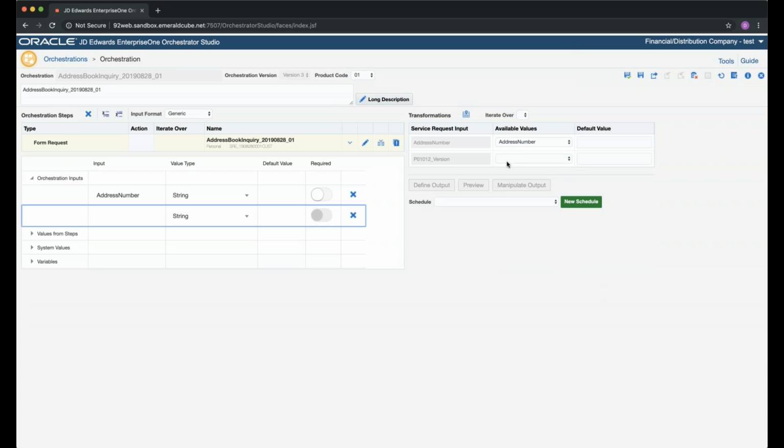But in your specific case, you might want a specific version to be input, and in that case, you'd want to make sure to input that version. For us, again, we just want the address book number to come across, so that's exactly what we have. It goes into the service request, and then it'll output to us those fields. Now, if I click Save again,